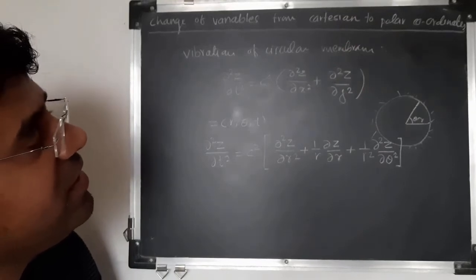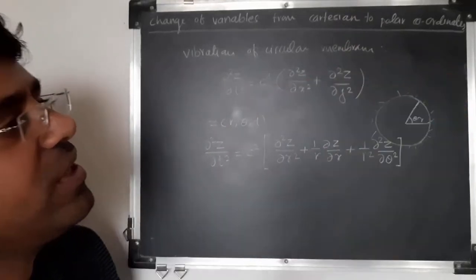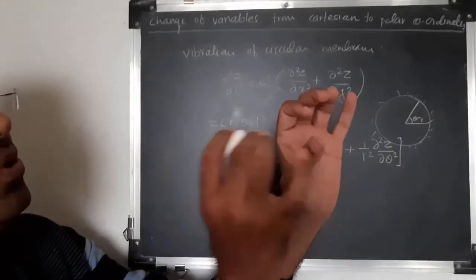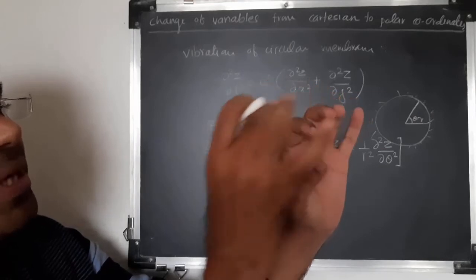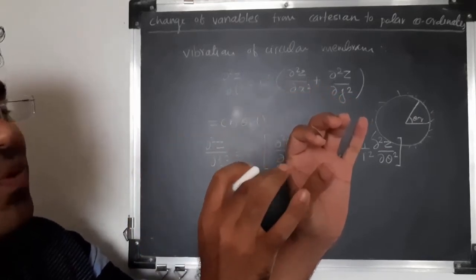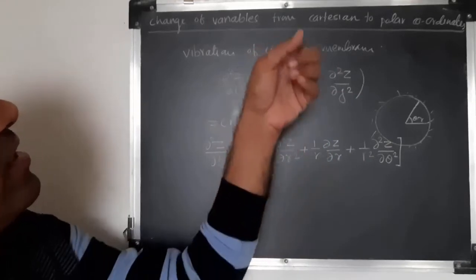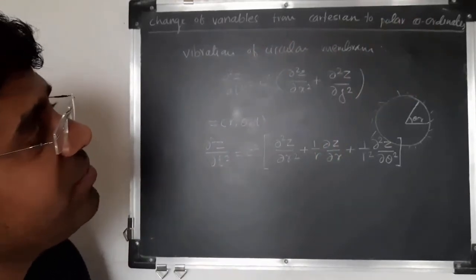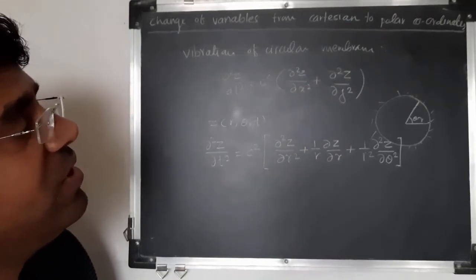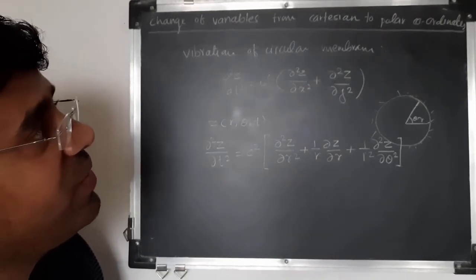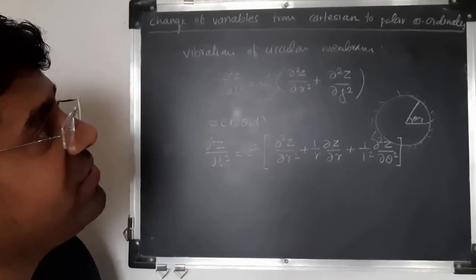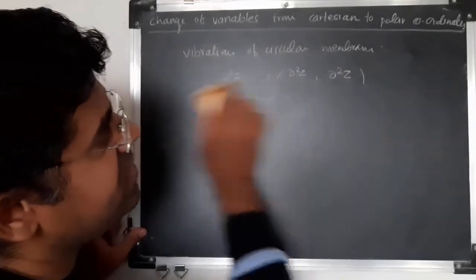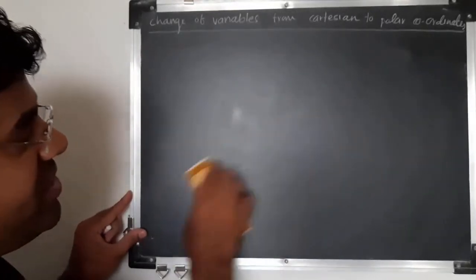The second is heat flow through a circular pipe. Any pipe is there and heat is flowing through that particular pipe. Around the pipe and inside the pipe, how the heat is flowing, we can also solve using the Cartesian to polar coordinate system. The ultimate aim is to simplify the equation, so that it is easy and understandable. So this is the case. Now we'll directly start with this.